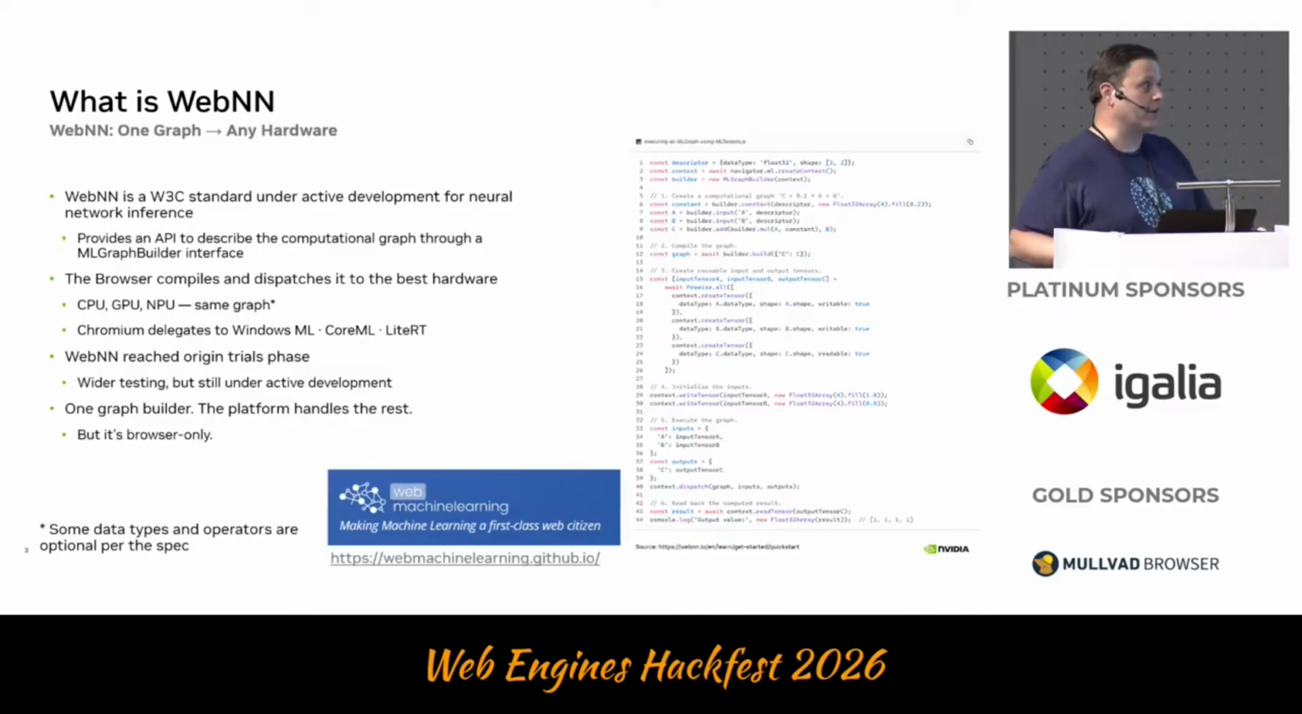On the right, there's a really tiny JavaScript example where you really have to say, I want to build a graph, add a matrix multiplication, add an addition. This is my input, those are my weights. You have to build everything on your own, but this way you don't have any serialization complexity in the standard by itself. And once this graph has been built and compiled, the browser sends it to some backend, which then